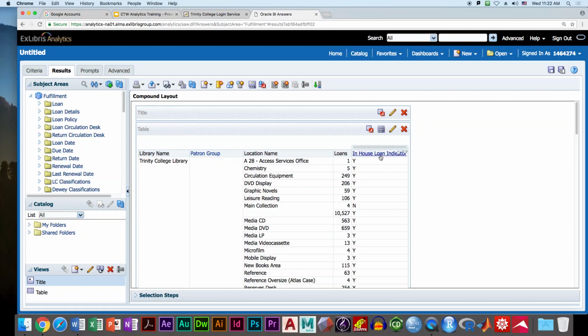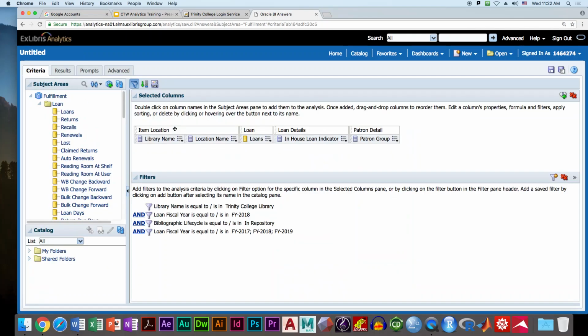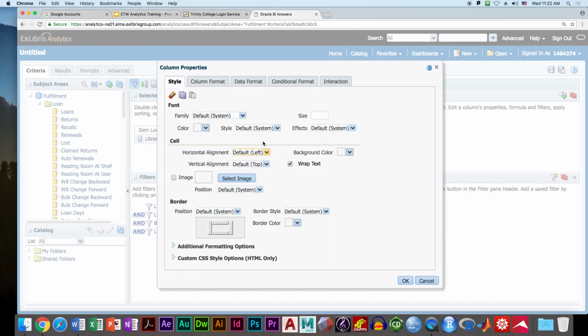There is another way to do it where you just hide a column from the results tab. So if we go back to criteria, you do it in criteria. We want to hide the in-house loan indicator. So when we hover over this drop down, one of the things we didn't talk about yet is column properties. So we're going to click on that, and there's a lot of tabs you can look at here, a lot of different things that you can do. We saw briefly Todd did some conditional formatting where he said if you have this result in this field, highlight that cell in a certain color. But what I'm going to do here